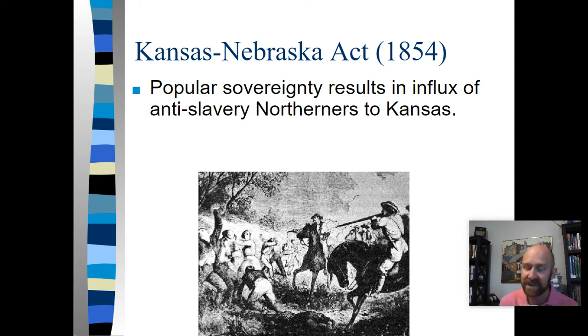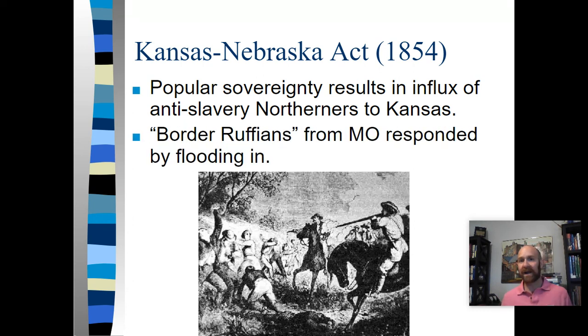Well, the slave states, guess what they're going to do? Something very similar. Now, they don't have to, because Missouri is a slave state and it's adjacent to Kansas. They border each other. They're not going to have as many people pick up their families and move into Kansas. They're just going to travel over for the day. And so you're going to have border ruffians, people living in Missouri that are just going to flood into Kansas temporarily, and they're literally going to fight each other. There are going to be free towns filled with people that oppose slavery, and these border ruffians will come in and attack them.